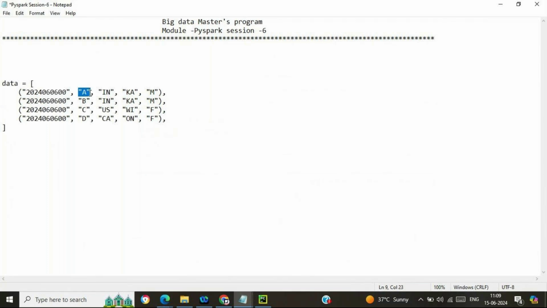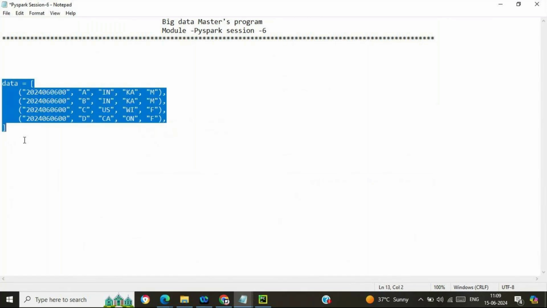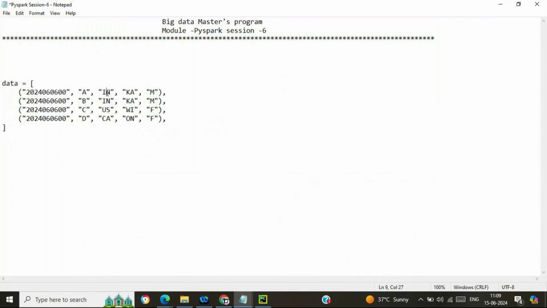Over here we are having certain categories, say A, B, C, D, and these are the fields with respect to, say, India, USA, then California or Canada, and these are the states, and then city information. So from this data, we need to identify the count of India, US and Canada.